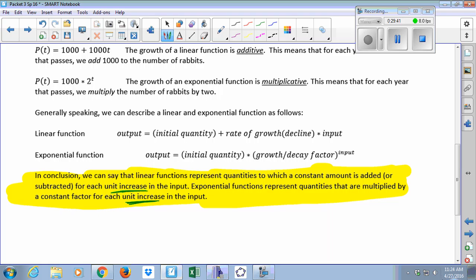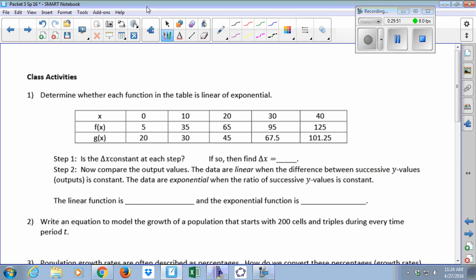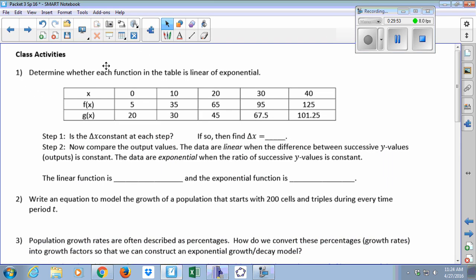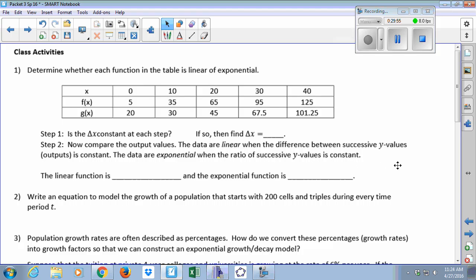So we're gonna start the class activities together, and I want to show you. My other class wasn't really interested, but I know this class is different. I didn't give them the option. I didn't do it with them. So